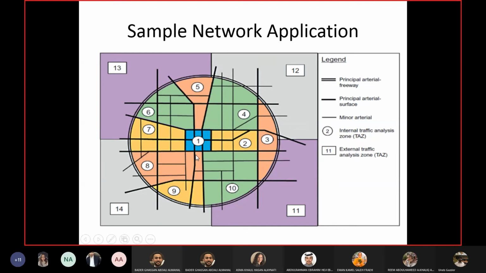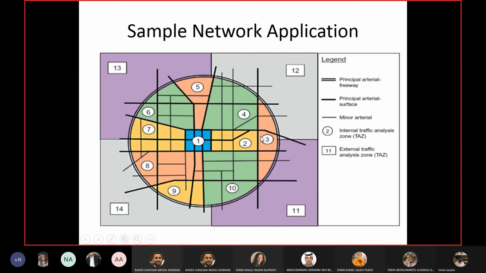So this is your area. You can see zones 11, 12, 13, and 14 are out of your area, but still trips are going to those areas, so you will show them. You can include the analysis zones which are outside the boundaries of your area if trips from your area are going towards them, or trips from those zones are coming towards your area. So you can see there are 4 extra zones outside the circle. The circle is the area for which I'm doing the planning, but this circle is influenced by the areas which are outside as well. So 11, 12, 13, 14 are external traffic analysis zones, and the ones inside the circle are internal.